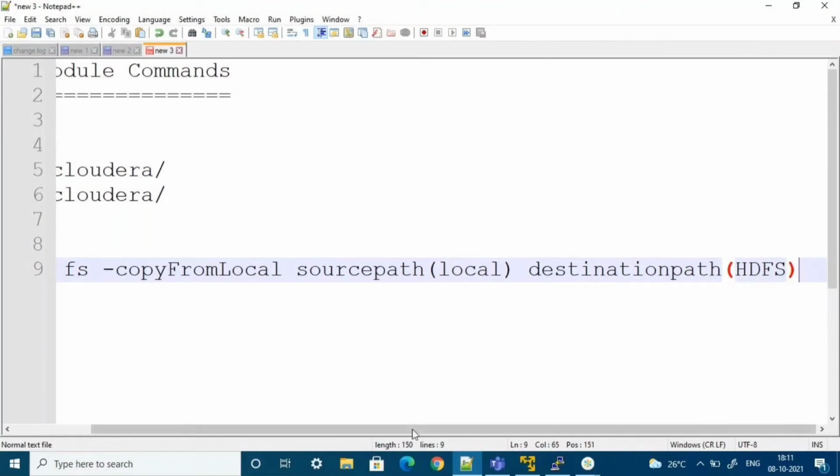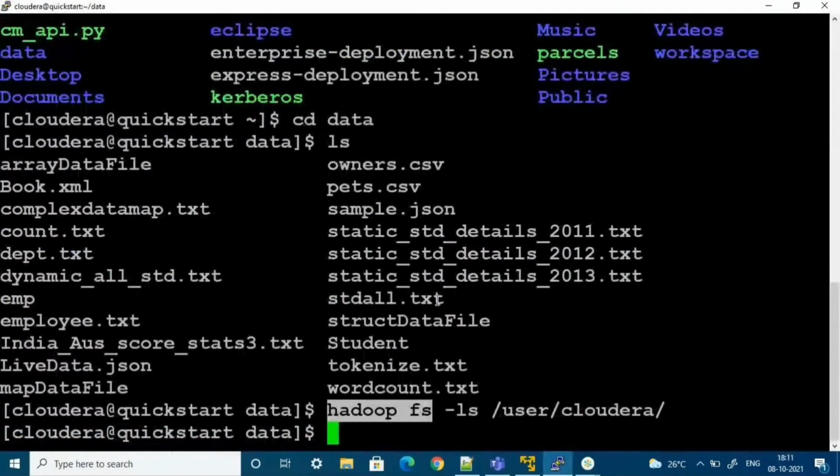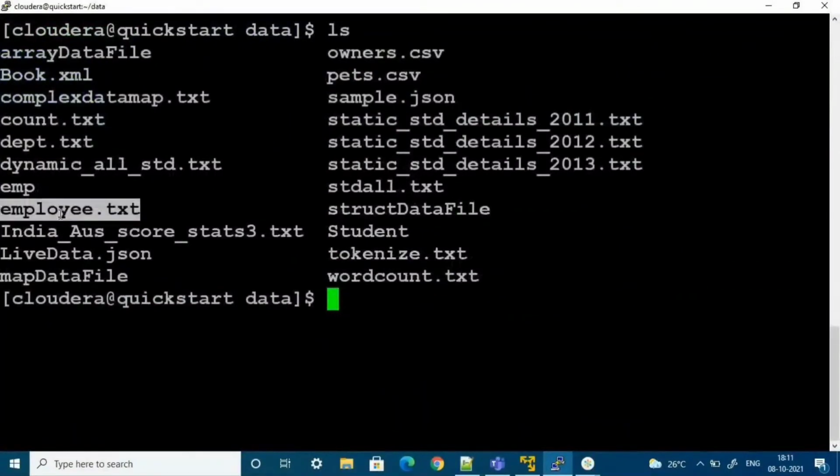Now here I'm choosing one data file. This is my data file employee.txt. This file I want to copy from the local file system to the HDFS file system. So hadoop fs -copyFromLocal. I am copying from local to HDFS.